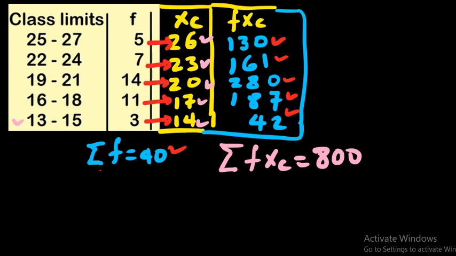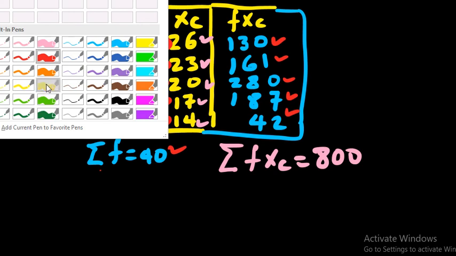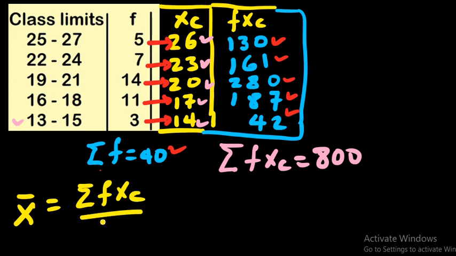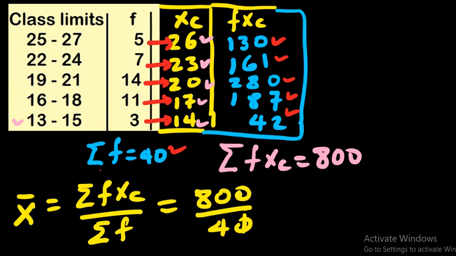Therefore now it's going to be easy to calculate the mean. The mean, mostly represented by x bar, will be the summation of f times xc divided by the summation of the corresponding frequency, which is 800 divided by 40. When you cut the 0 here,